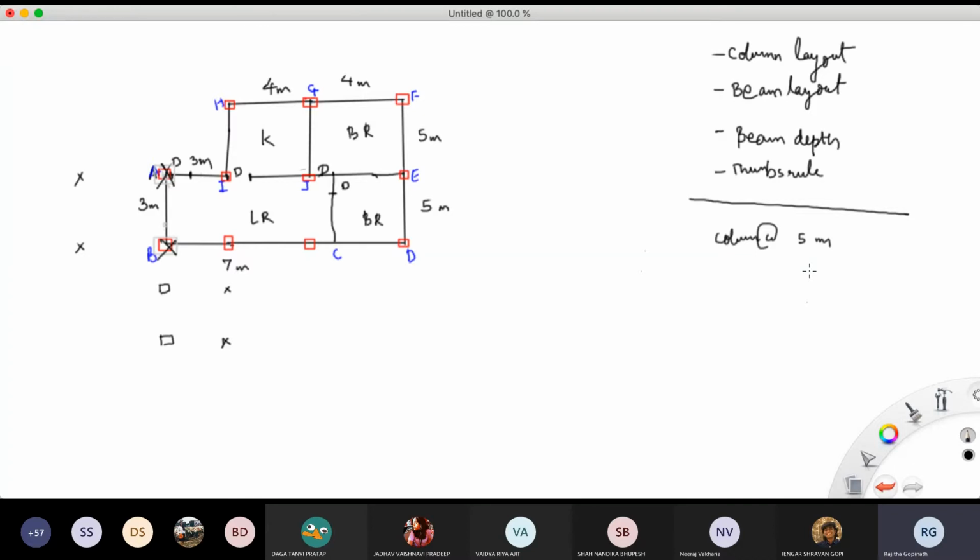Now, it is not necessary that you put columns every 5 meters. You can put it at 8 meters and even 10 meters. What you will end up having is that you will have a very deep beam to support both the columns. Right? ऐसे column है इतना बड़ा सा, let's say this is your 10 meters. Yeah, this is one column and this is the other column. The beam that will be required to support this entire span here will be much deeper, right?